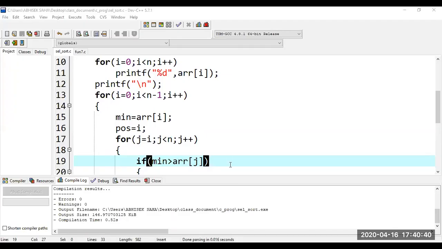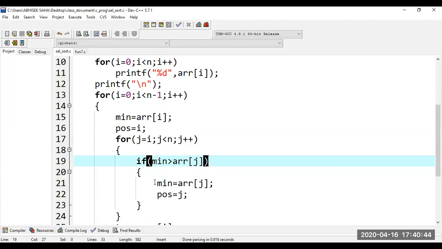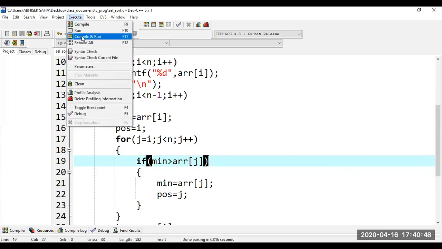So now the program works fine. I forgot by mistake and gave a semicolon after this if statement. That's why it was giving a problem. So if I execute the program,